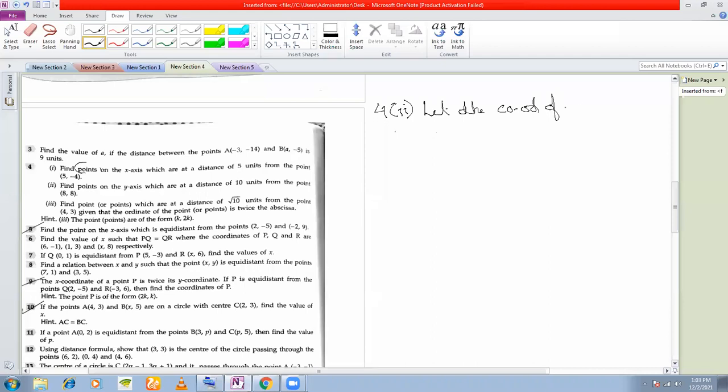Okay, so you are right, but you can take (0, a). But for uniformity sake, let us take (0, b). So let the coordinates of the point A be (0, b), which is at a distance of